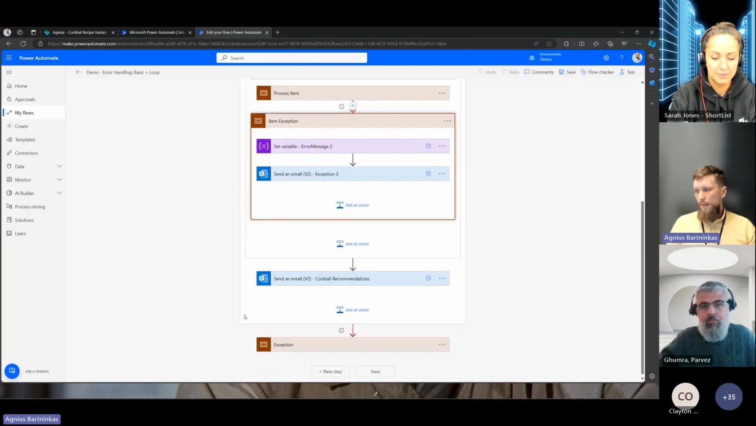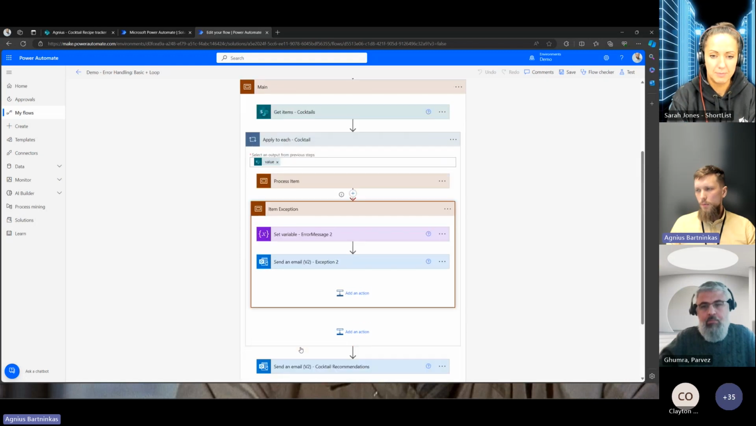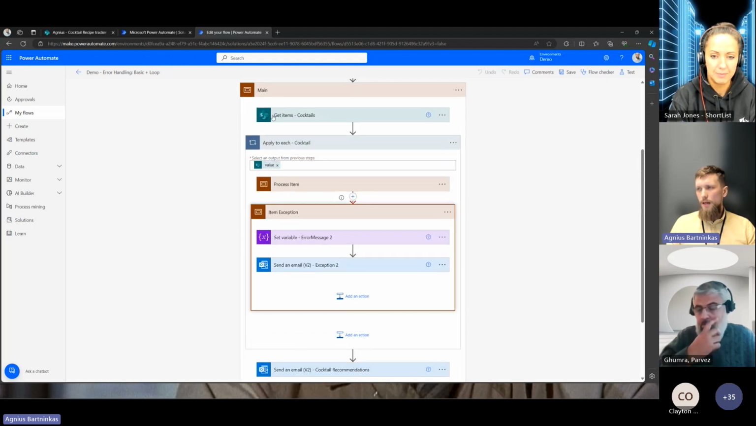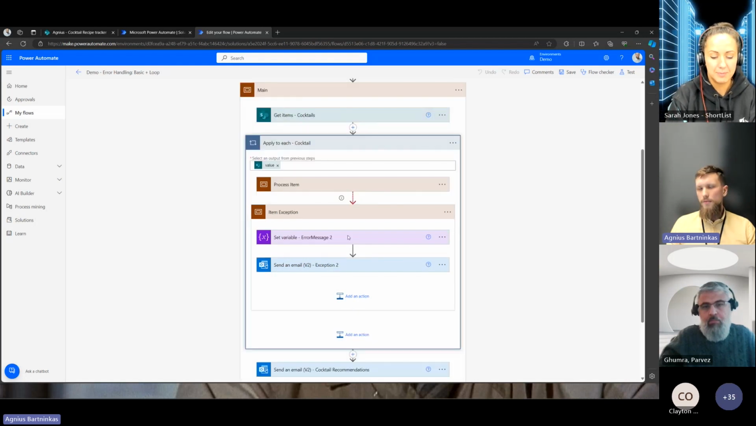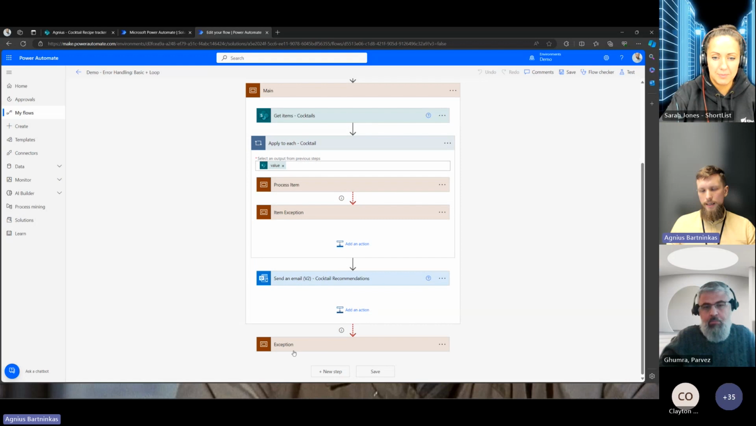Now, we also still have a proper exception scope over here that will handle any of the other actions outside of the apply to each, because apply to each will still succeed even if any of the single items fail, because the exception will be handled. It won't really kick in with the exception scope over here. But if any of the other two actions fail, then this will actually run,